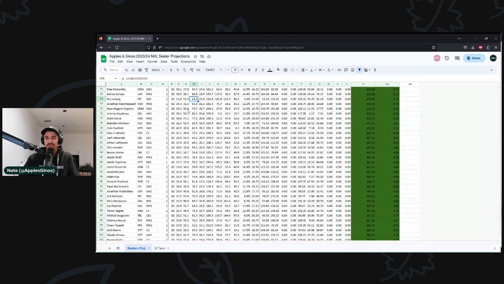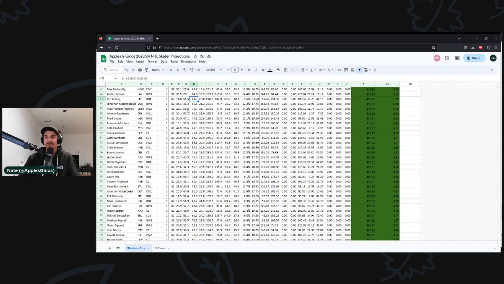So I think you really need to think about each projection in terms of a range of outcomes. So the range of outcomes for Letang is obviously pretty big, because there is a chance that Karlsson is just the top power play quarterback, and they say, you know what, Chris Letang, you can be the second power play quarterback, and the second unit in Pittsburgh doesn't get used all that much, and Letang ends the season with like 7 power play points, which would be 15 less than what I've got him for here. And then he's all of a sudden down to 48 points instead of 63 points. And that's a big difference.